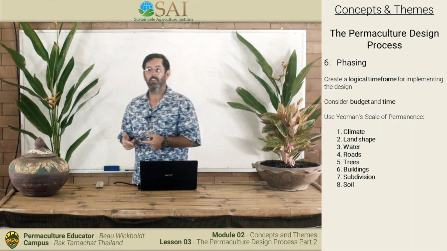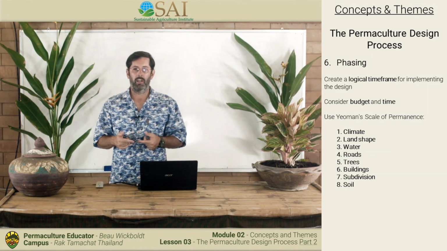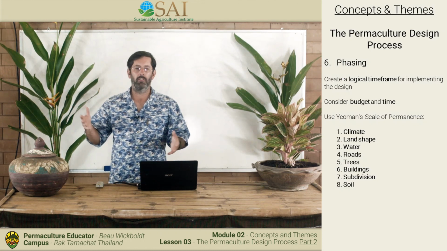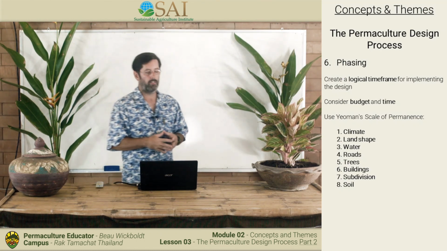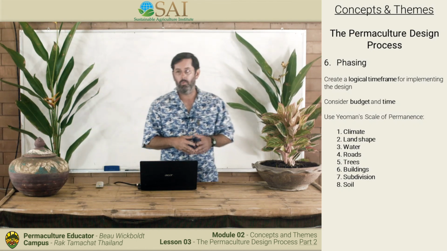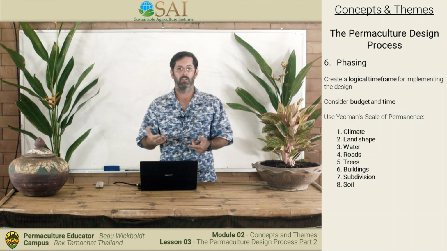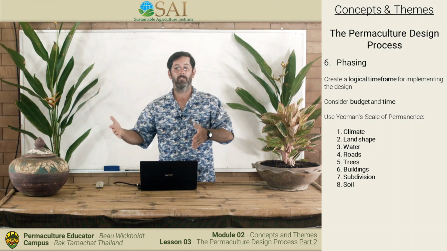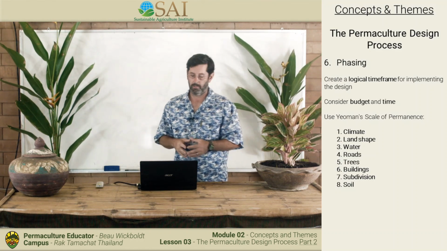Next, land shape. It's really expensive to change topography. So if it's flat and you want to make it hilly, wow, that's a lot of dirt, right? And if it's a hill and you want to make it flat, why don't you just buy flat property? Make sure you like that topography or land shape. Water, if it doesn't rain, you can't capture water in your area. It's going to be very difficult or impossible to do agriculture. So if your intention is to have a permaculture farm producing agriculture or food, you need to understand water systems.